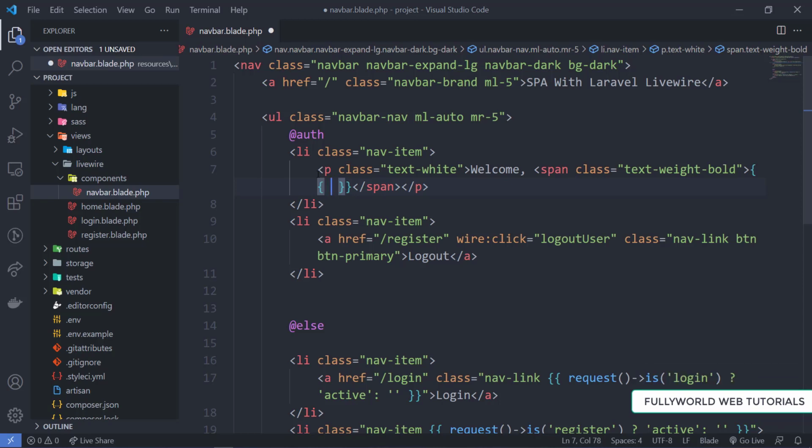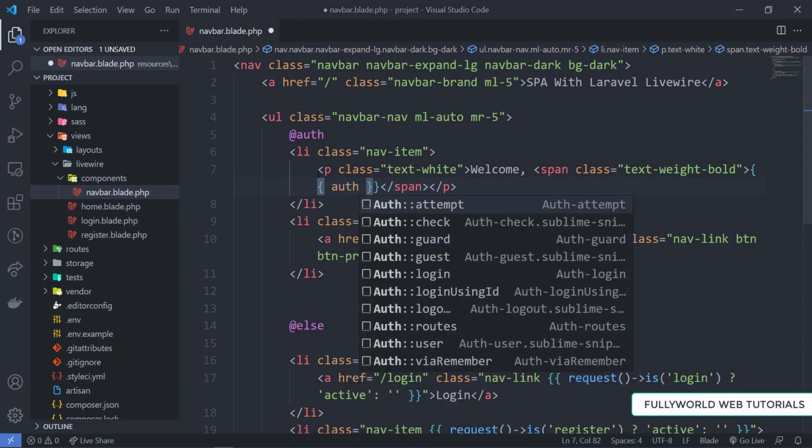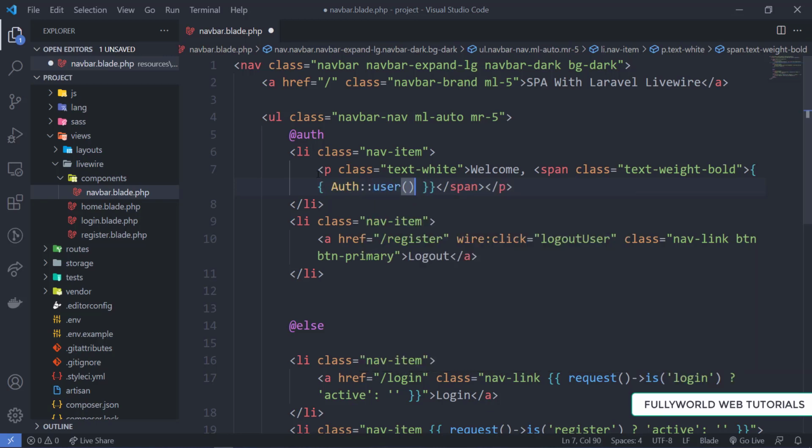So I am taking the help of auth.user, and then here we are going to use the name of that user. This auth class we can use in the blade.php here.